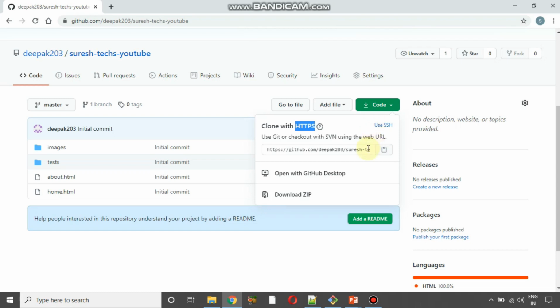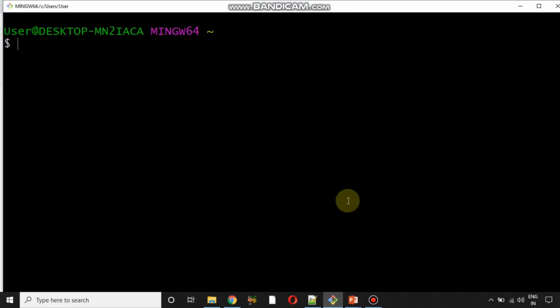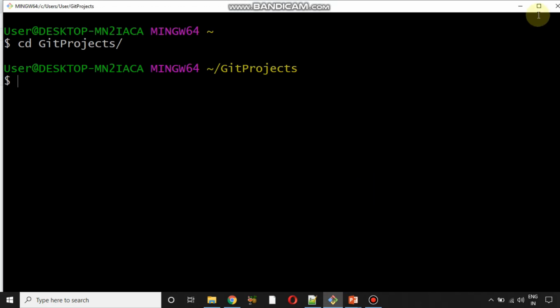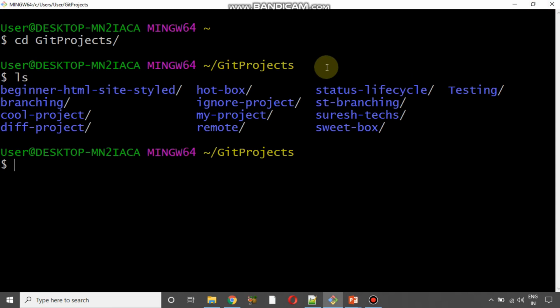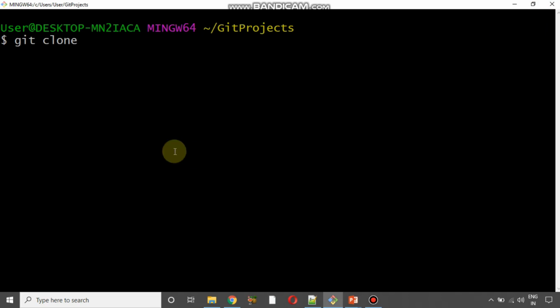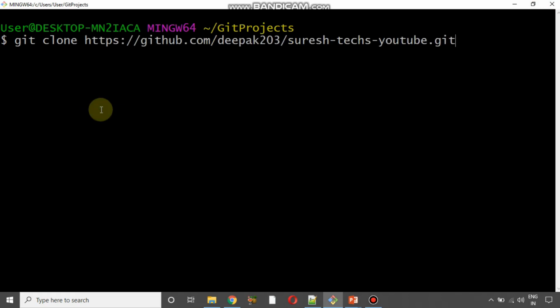So if I wanted to clone this project into my local system, the first thing I'll need to do is copy this, right? I have just copied it, and let me open Git Bash. Okay, so I have Git Bash already opened, and I'll go to the Git projects folder. Now I'm in the Git projects folder. I'll just say ls before cloning. These are our earlier projects, so I'm just going to clear it once, and I'll say git clone followed by the remote repository URL, right? Now I'm going to press enter.